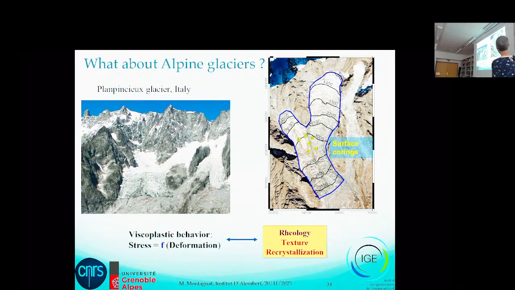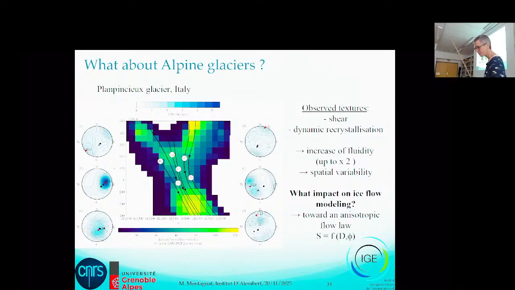So far, so good. Anyway, people are making many different types of measurements, and we took advantage of that to do some surface coring to see if there is any texture, any anisotropy in those glaciers that are flowing very fast and where ice is temperate, so at 0 degrees, very close to the melting temperature. What's going on? Do we have to take into account this anisotropy in ice flow modeling? The good thing is that we were lucky because already at the very surface of the ice, in those cores that were 60 centimeters long, very top cores,